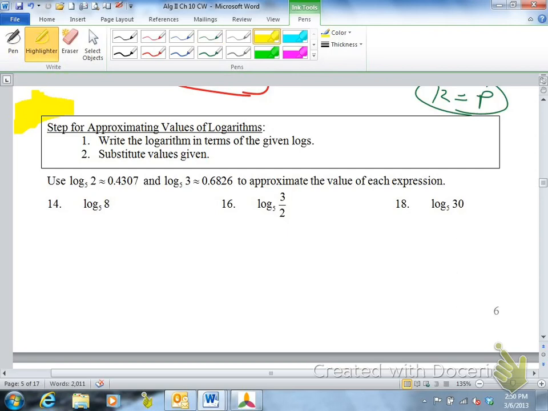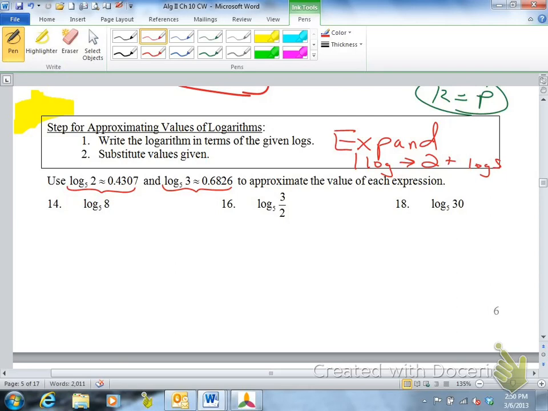Steps for approximating values of logarithms. So first you write the logarithm in terms of given logs. You'll be given logarithms in the directions. So those are the given logs. And then you're going to substitute those values in. Before in the class notes we were condensing. Now we're going to expand. We're going to be given one log, and we want to write it as 2 or more logs. So for instance, on number 14, log base 5 of 8,